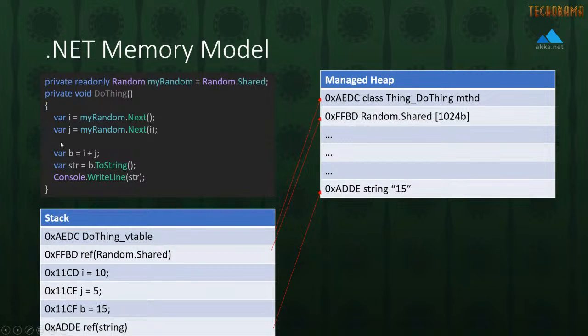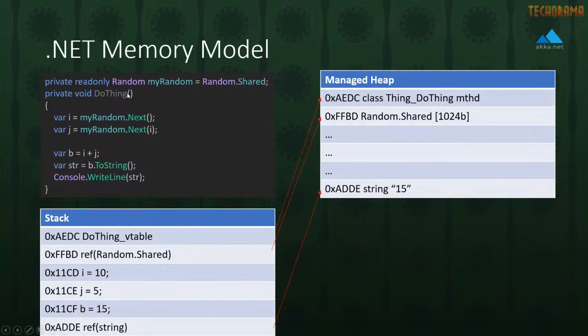Now, notice down here, when I add my two integers together and call ToString, that string is going to be allocated onto the heap. You can see that in this little arrow right here. That's going to be a Gen 0 object, more than likely, where as soon as this method exits, there's nothing rooting that string anymore. Therefore, the garbage collector can instantly free it up, and we don't have to worry about it any longer. Whereas this Random.Shared object right here is a static object that's going to live for as long as our process does. That's going to live in Gen 2 garbage collection, and it's going to stay there forever, meaning that the garbage collector is not going to attempt to collect that object because it's always rooted, because it's a static reference.